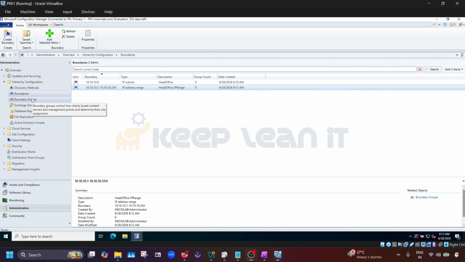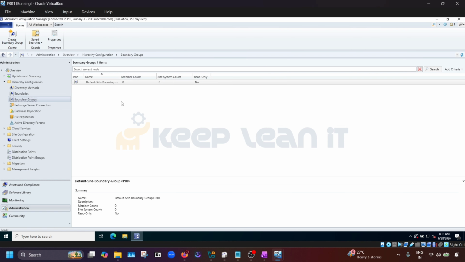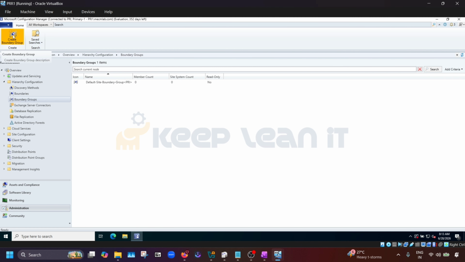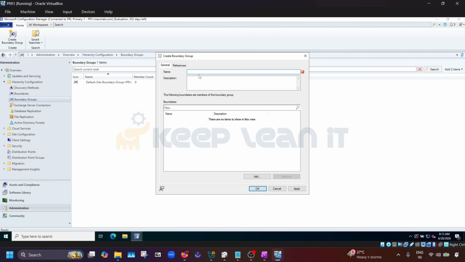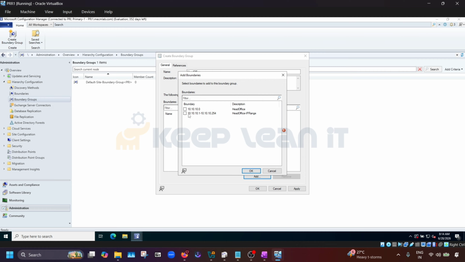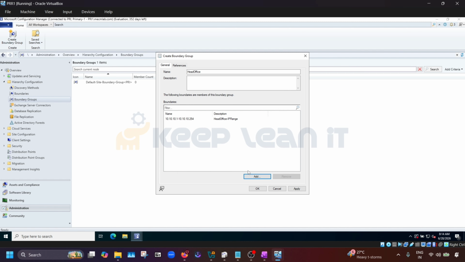Okay, now we created the boundaries. Now let's create the boundary groups. By default, there will be a default site boundary group. Now let's create the boundary group. Here we need to add the boundaries. Click on add. We have only one boundary, so let's add that one. Now here in the references,